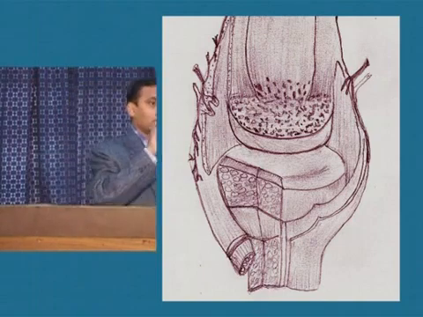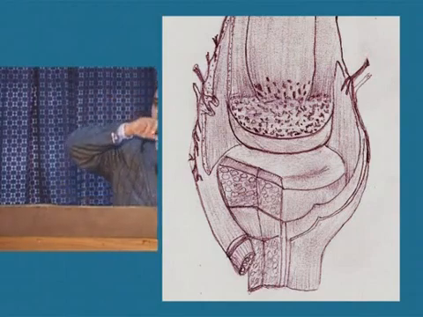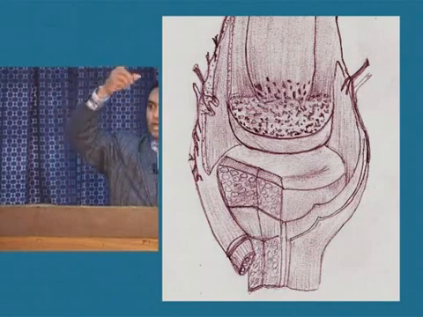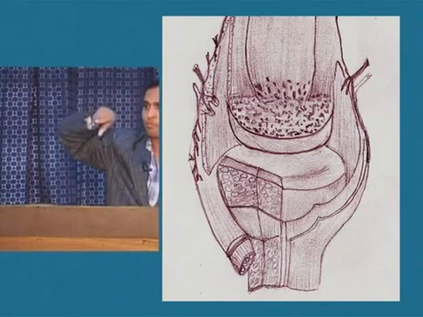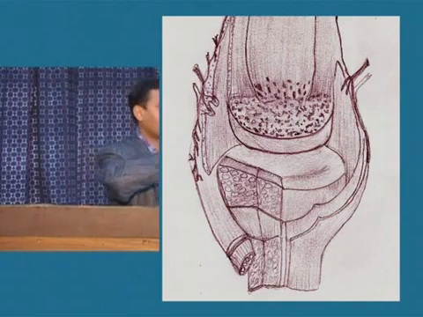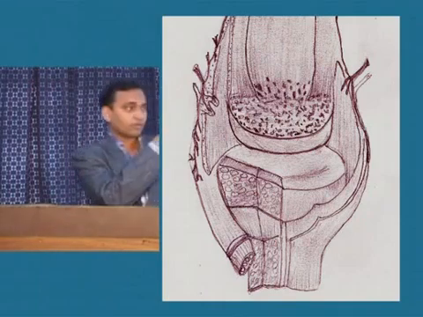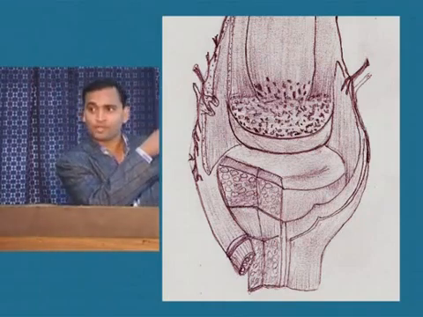It means the capsule has a thick outer layer which is connecting to the bone. The outer margin of bone is known as periosteum. So one outer layer is attached with the bone, and this layer of articular cartilage is attached with the bone too. You can see here, this one is yellow, whereas that is purely transparent.